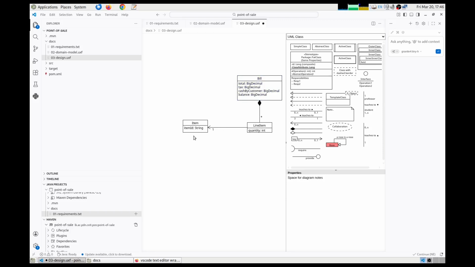Quantity integer, okay, and then the bill and the line item relationship is such that it's a composition, and then